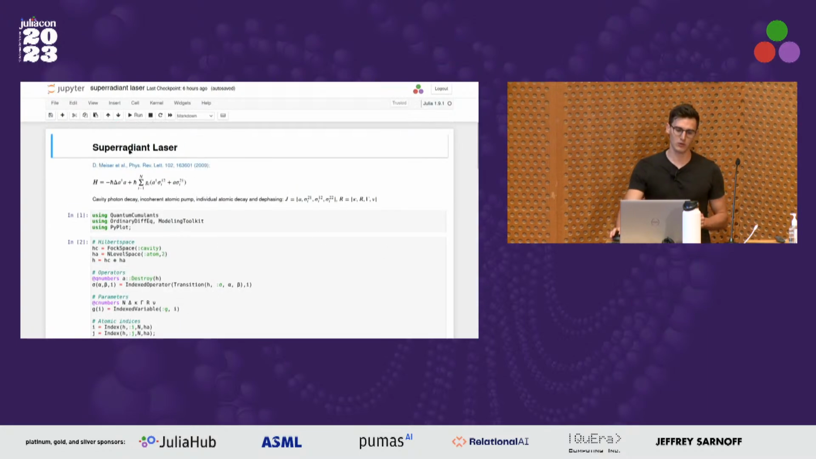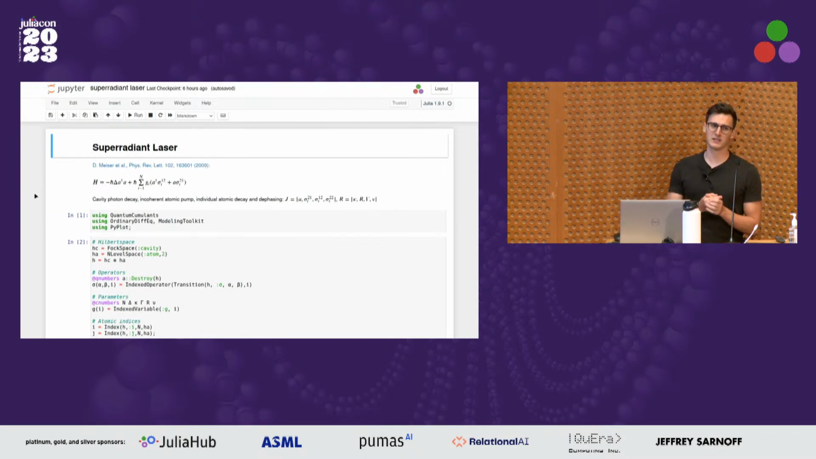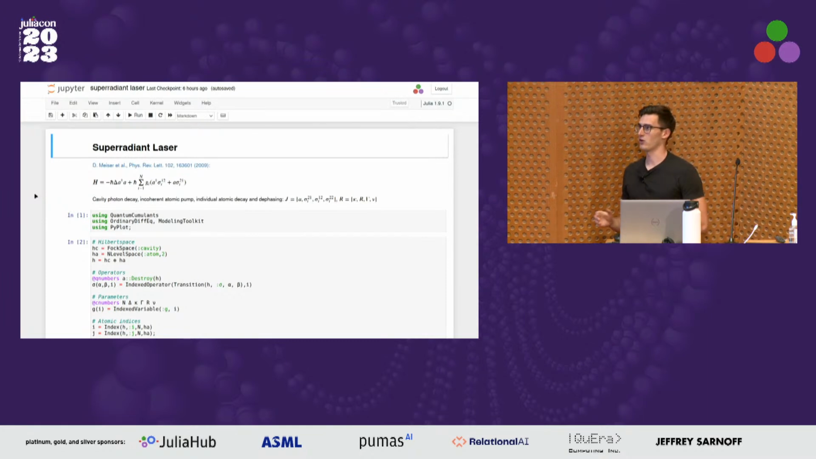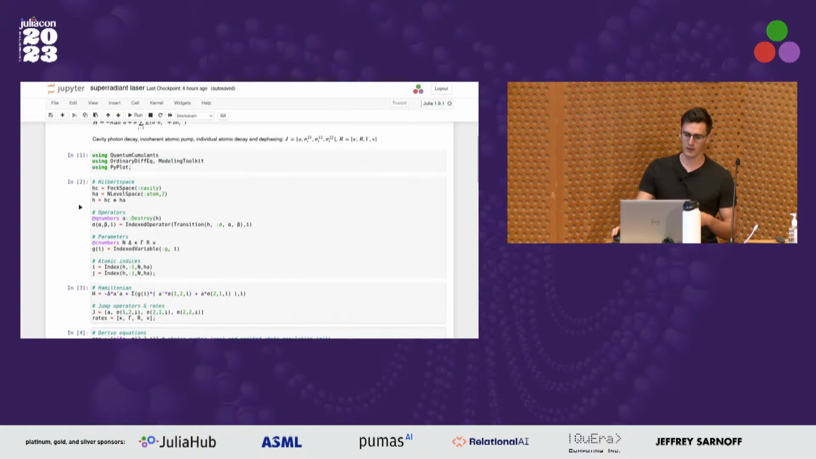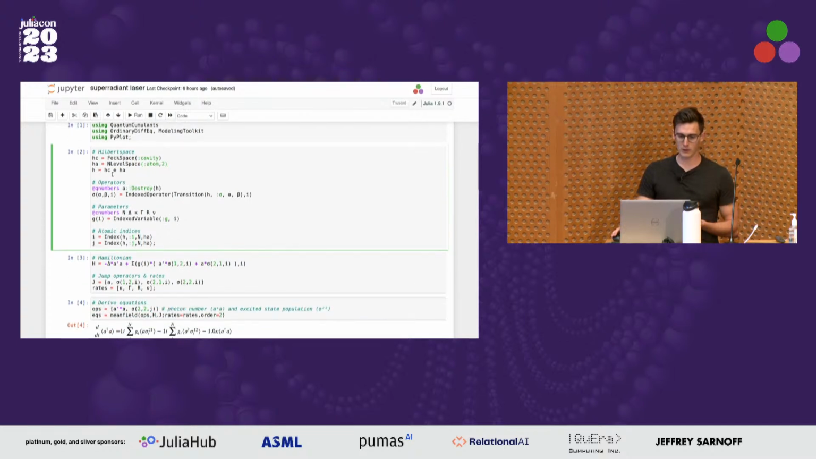The next example I want to briefly mention here is the superradiant laser, which was basically the example we needed the package for at the very beginning. It's more or less the same example as you saw at the very beginning, the single atom laser. The only difference is that we have many atoms instead of only one atom. Again, we need to define the Hilbert space, in this case one Fock space for the cavity photons and one n-level space for the two-level atoms. On this full Hilbert space, then, we can just